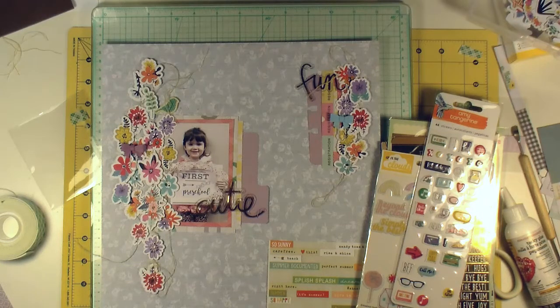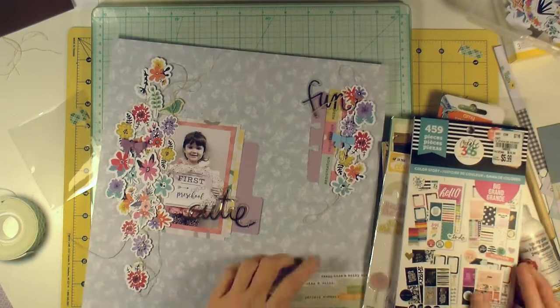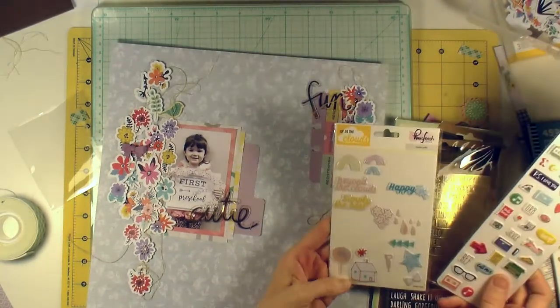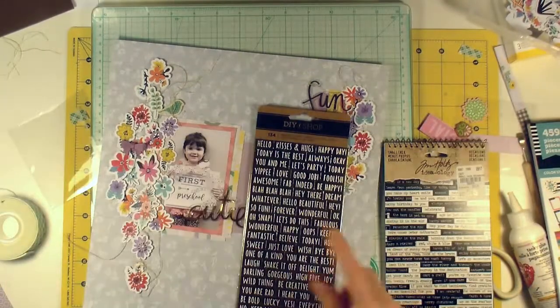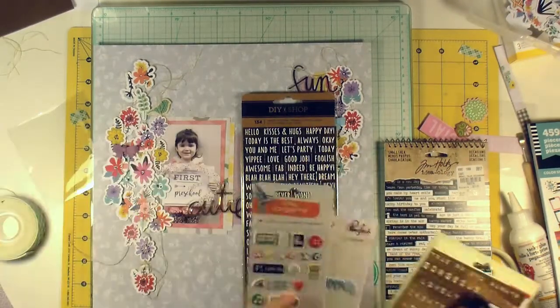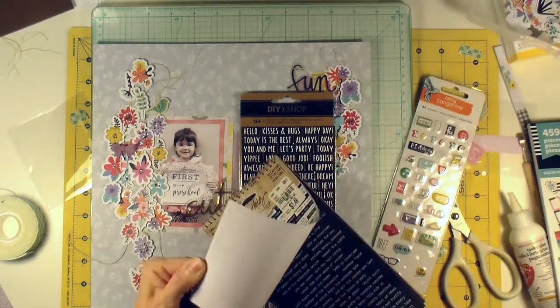And just kind of using what's sitting all around my desk and going through it. Sometimes it's frustrating, because it takes longer to sort through all your supplies each time and look through everything. But it does keep you familiar with what you've got. And it's actually kind of fun to go back through and look at some of this stuff and get new ideas for it. Because one of those puffy stickers has a slice of pizza on it that I'd totally forgotten about. And I was like, oh man, I should cut some of these food things out and put it